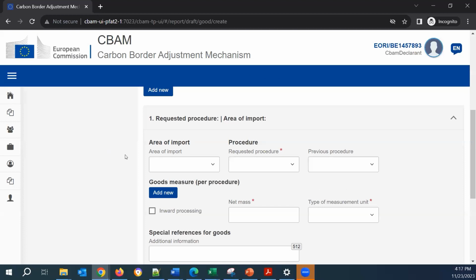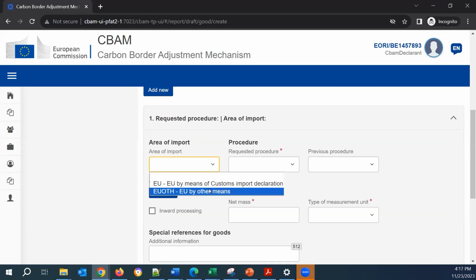And let me select the area of import. We have two options here. The EU by means of customs import declaration, which means that there is an import declaration in customs for this specific CBAM CN code.